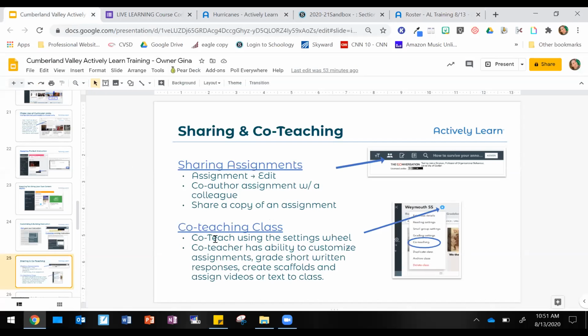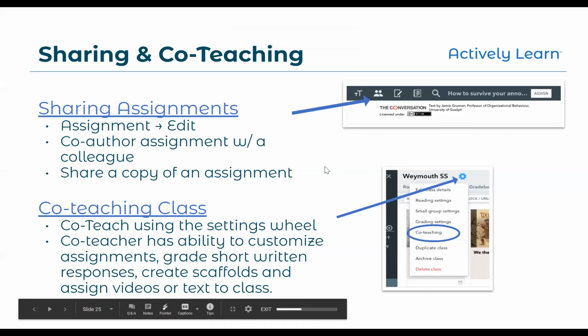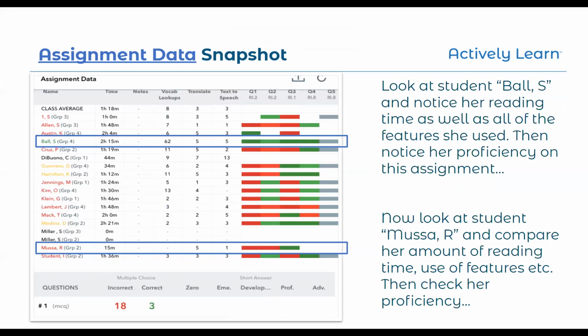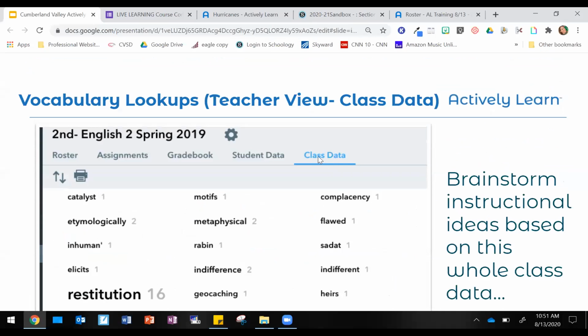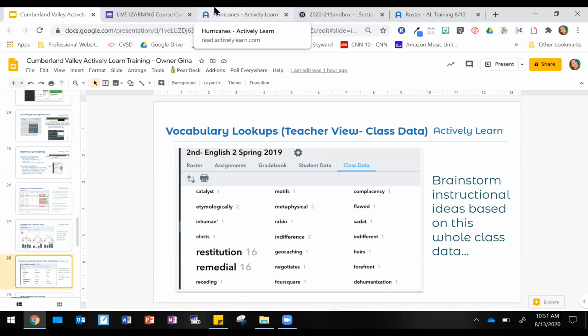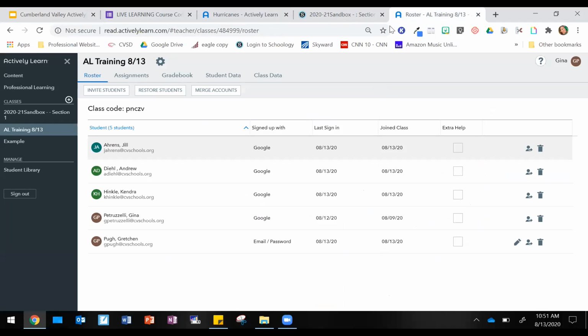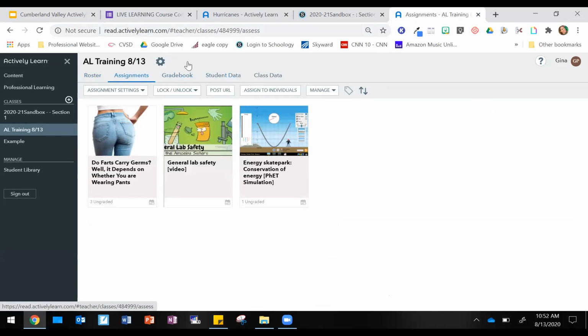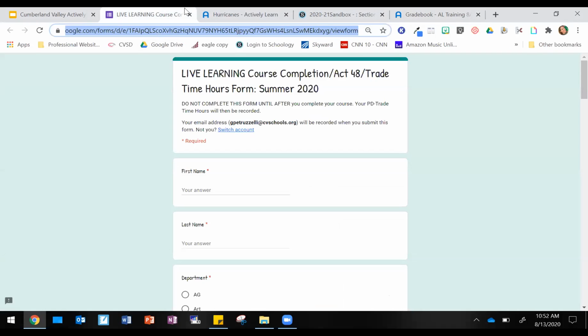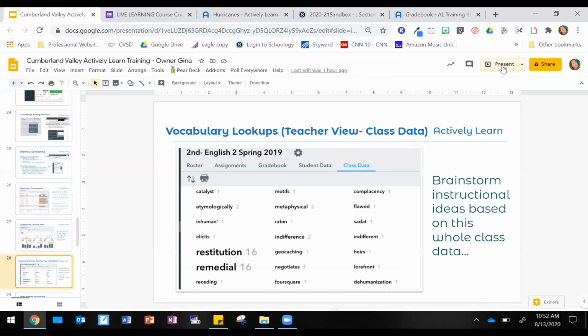Okay, let me go back to the course, and I think I went over everything. I think it's now your time to go ahead and search around, but let me just make sure I hit all the points. Student data, vocabulary lookup. In the teacher view in your grade book, they will also show you which word the students looked up. So if you are doing a read and you want to see what everyone looked up in the assignment, it'll show you all the words that they looked up, and then you can go ahead and talk that